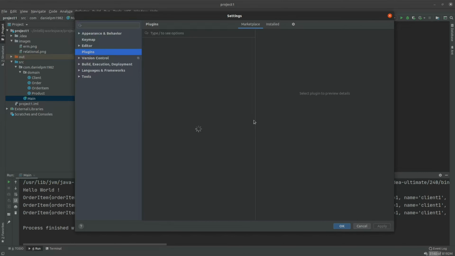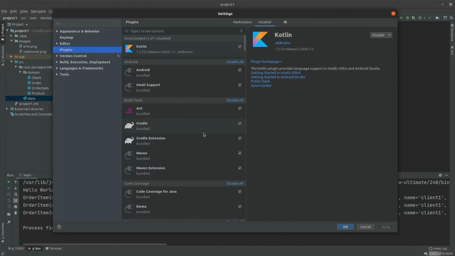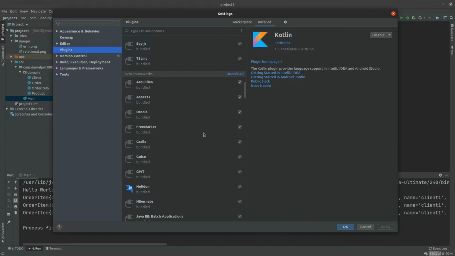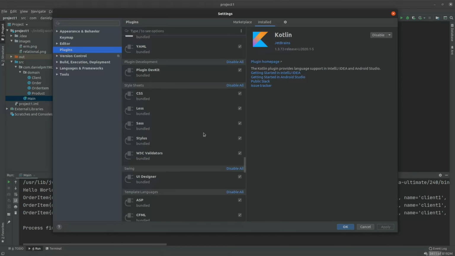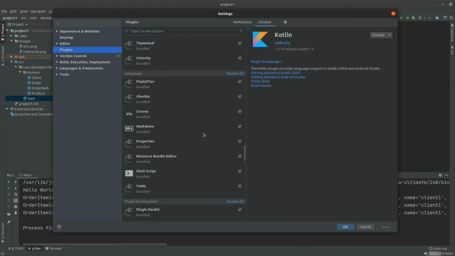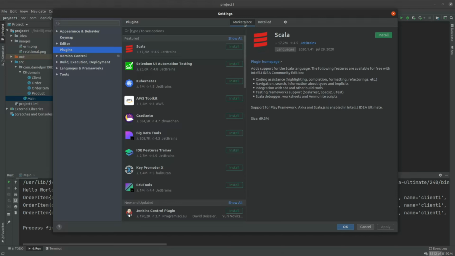Now the plugins, if you want to download any plugin from JetBrains Marketplace, you go here to plugins. You have two options here. You have the installed section, where you have all the plugins already installed at your IntelliJ. You can see there are a lot of plugins installed by default, at least on this Ultimate version. But you have the marketplace,